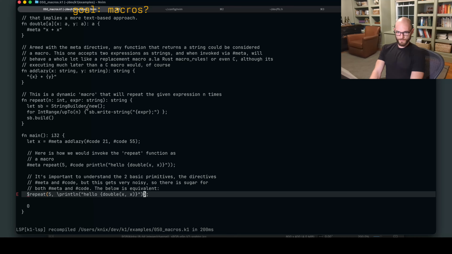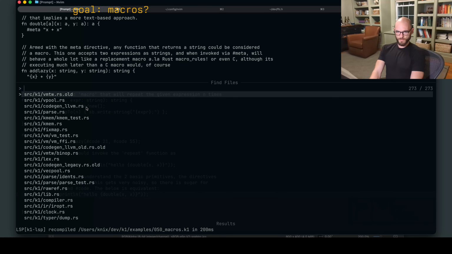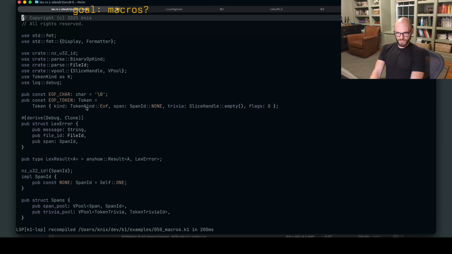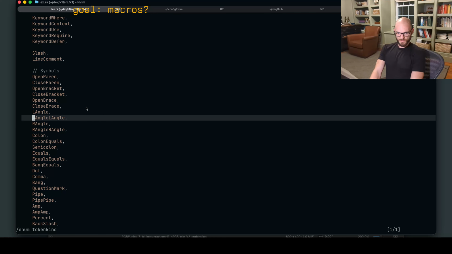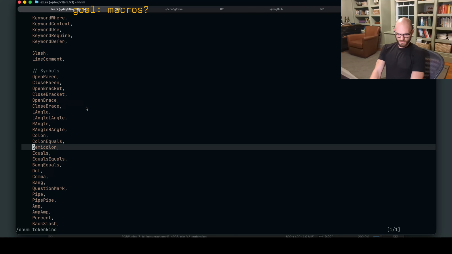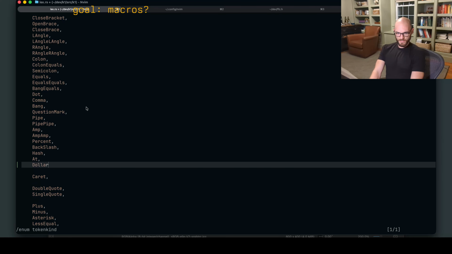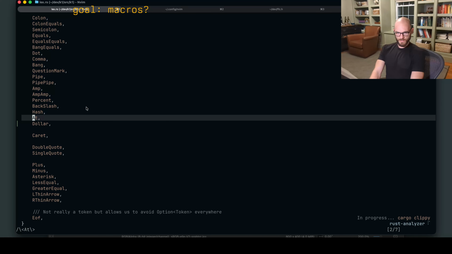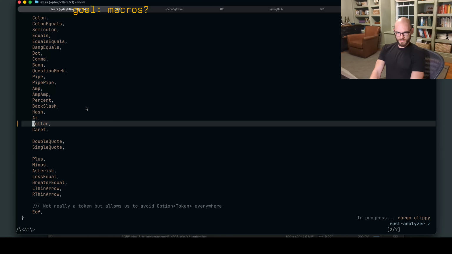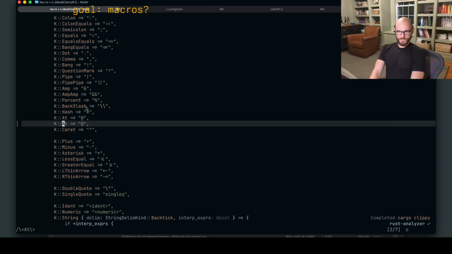Let's make it work. Parse. Lex. Enum token kind. Let's find some symbols. These look like symbols. Lingle, semi, amp at, dollar caret, amp dollar caret, dollar.